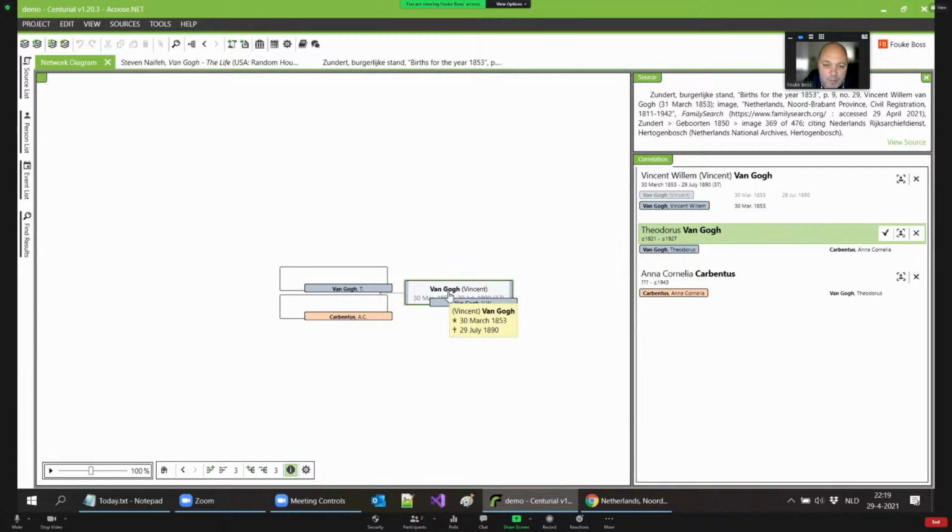So that looks good. It connected both of them. It decided it might as well be the same person. And then, of course, the parents were not yet available in the project, so that's why there are larger empty rectangles, and on top of them is the information from the source.